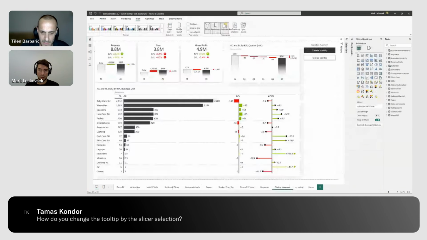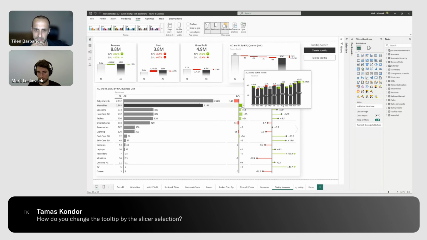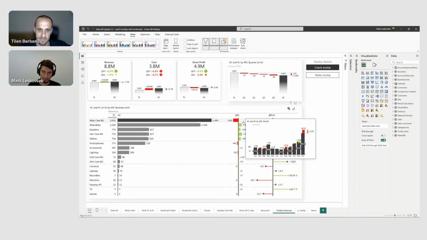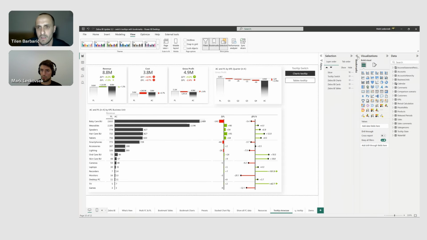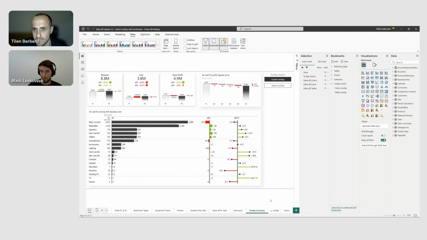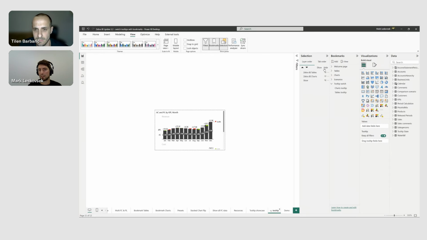It's on a different template, but basically it's more of an advanced trick, right? So if you want to include report page tooltips, it's pretty straightforward. But what if you want to make it more personalized, right? So that you can change it. Basically, on the tooltip page, you do a trick where you overlay a few visuals, and then you can basically, with a bookmark, hide and show them on demand. Now, the trick is that once you actually have the bookmark created for that particular tooltip,